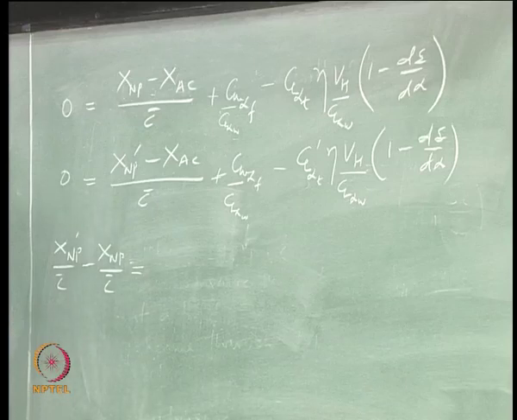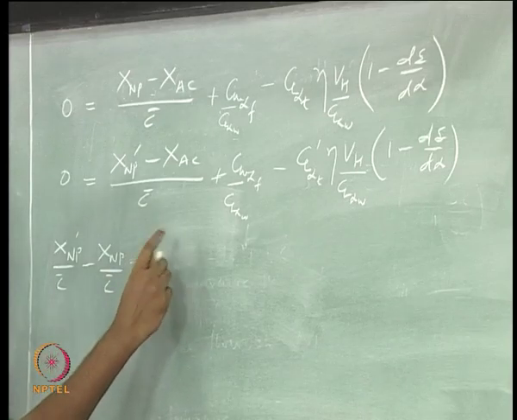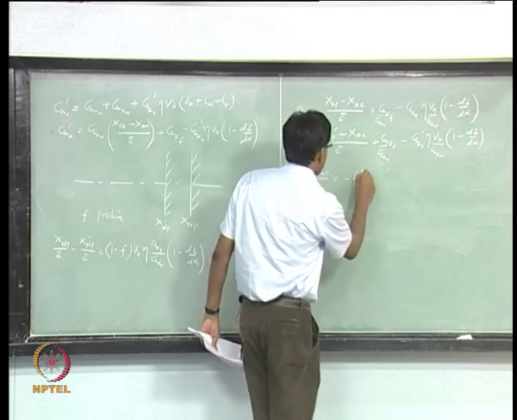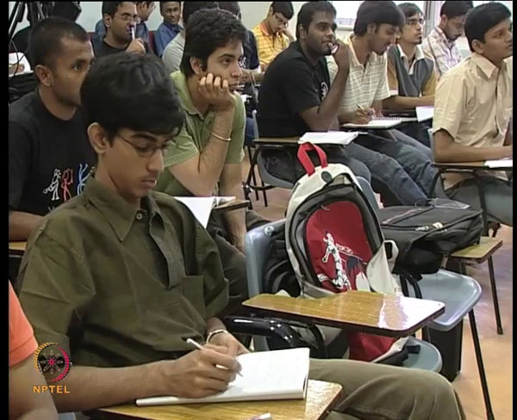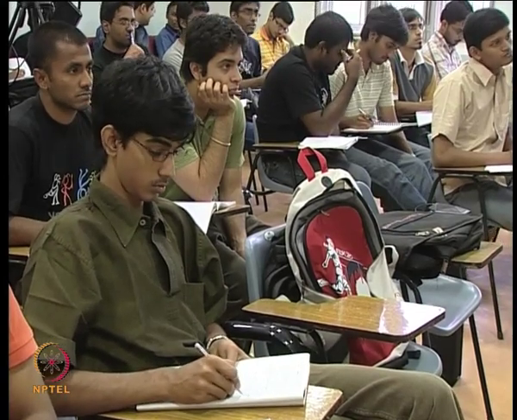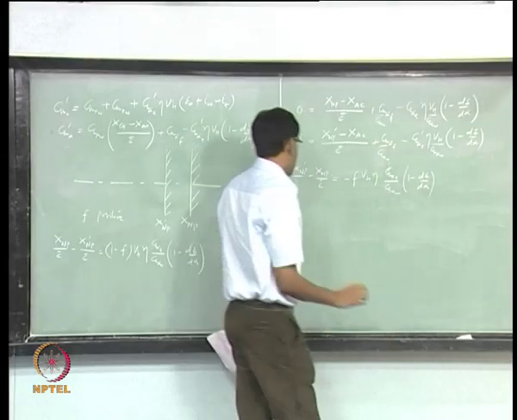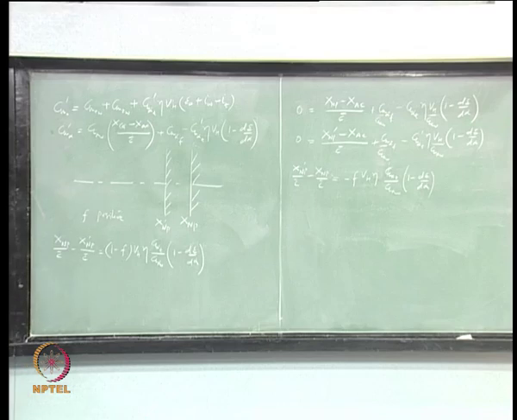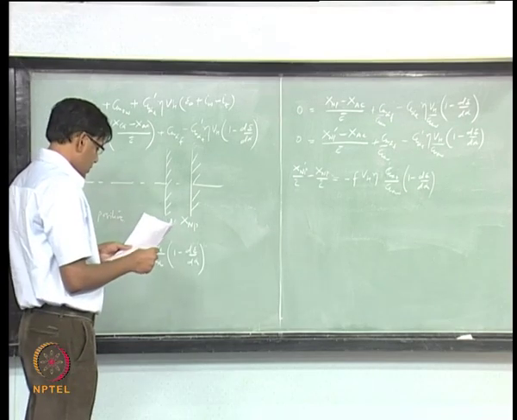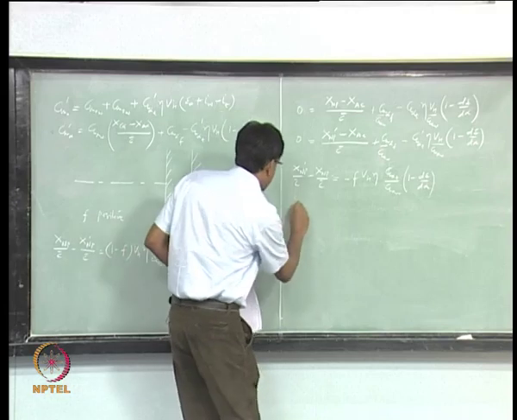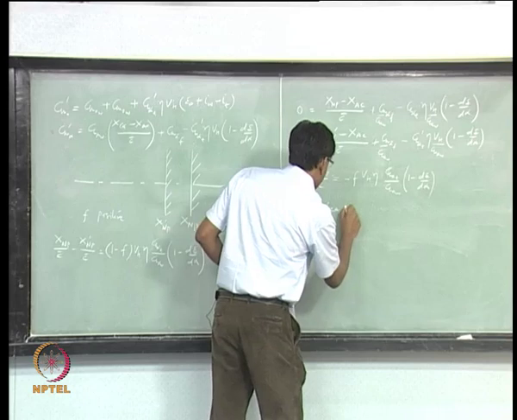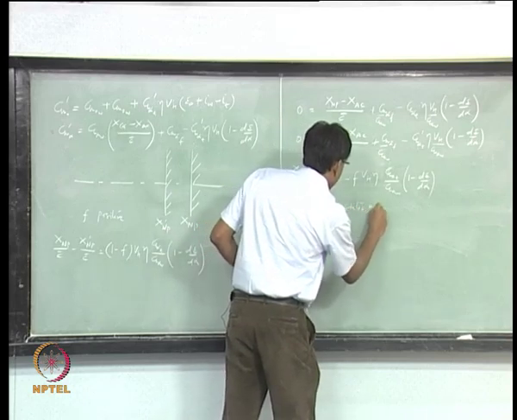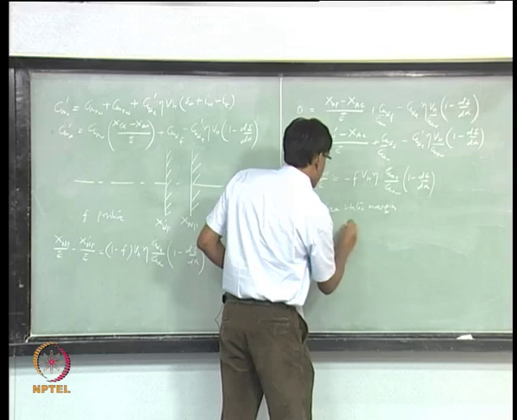Okay, so it will be minus f into VH theta, CL alpha t by CL alpha w. Okay. So stick fixed, stick free, static margin is